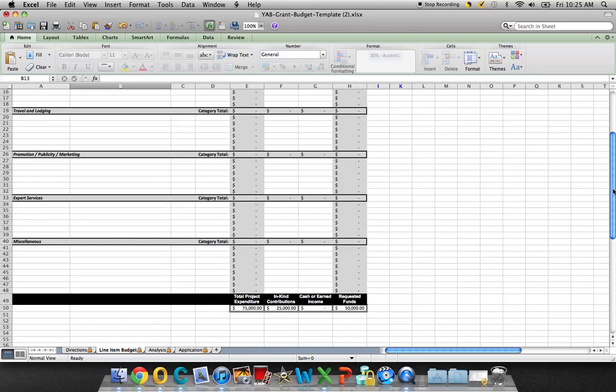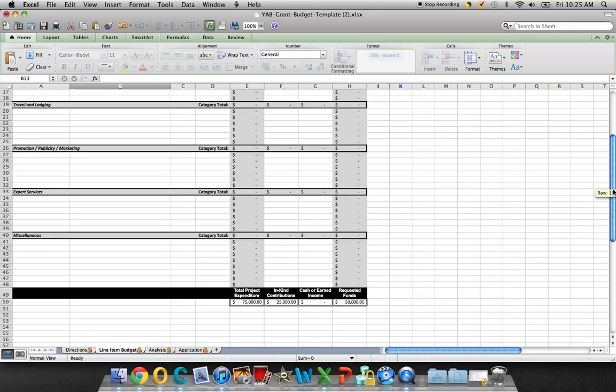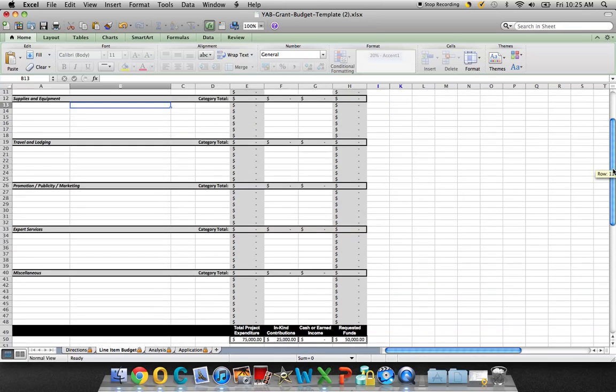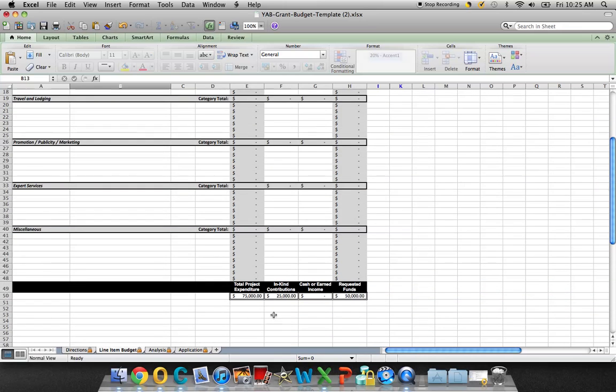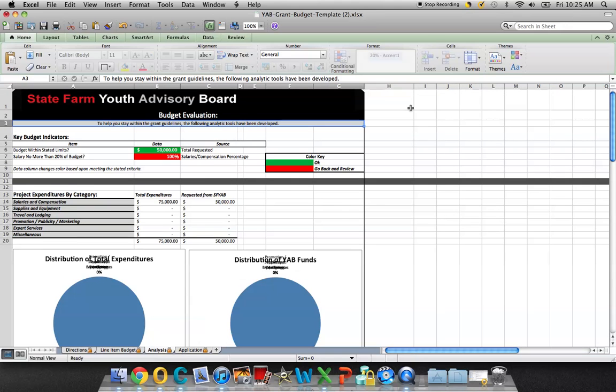So do not touch the gray boxes. Again, those are formulas, you can't touch the gray boxes. We've locked them down. They're protecting the integrity of the format. Now I'll go into the analysis tab. So this is essentially an internal report on what you're actually putting in that previous page. So as you can tell, the key budget indicators, really the only 2 things that you need to